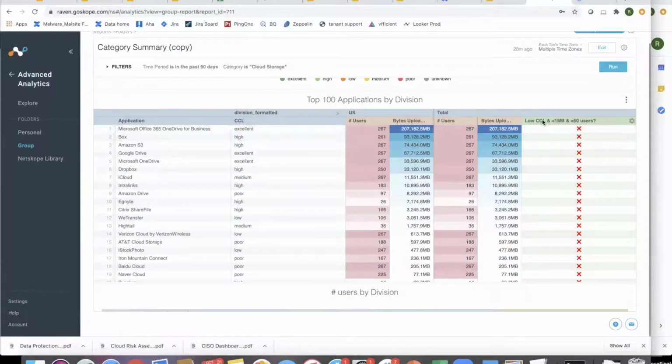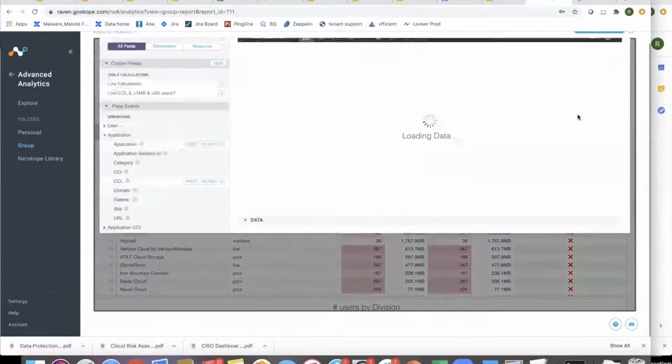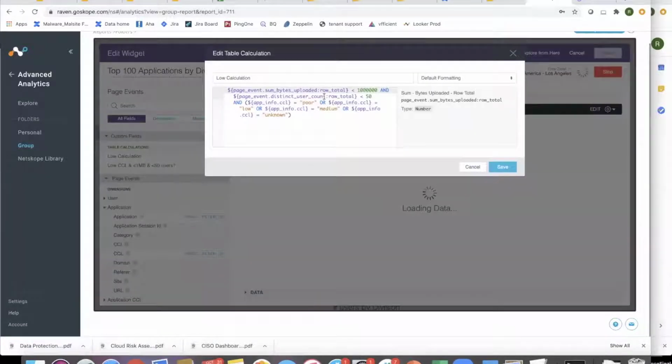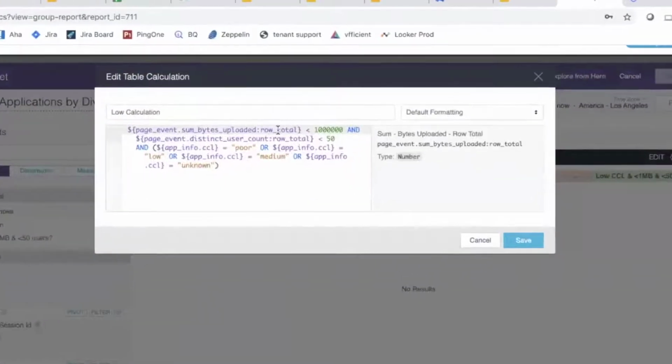The applications where it's low CCL, total bytes is less than 1 MB and less than 50 users. So this is again a table calculation. Let me edit it and show you the calculation for it. First of all, if my total bytes is less than 1 MB and my total user count is less than 50 and the CCL, then I'm flagging it, and then I'm using that flag to do the stop sign versus